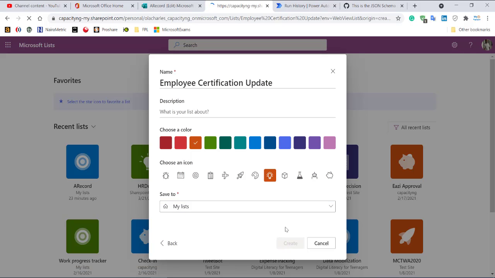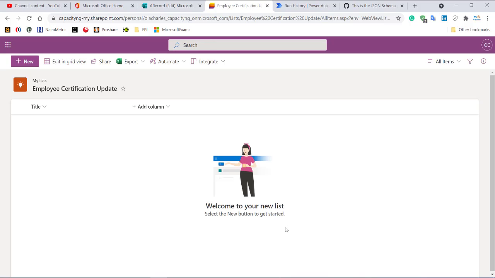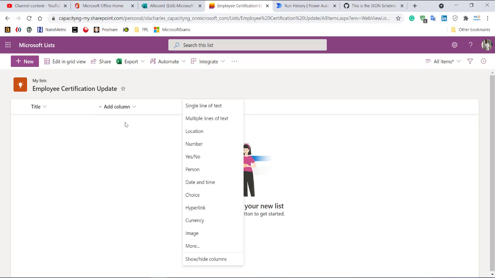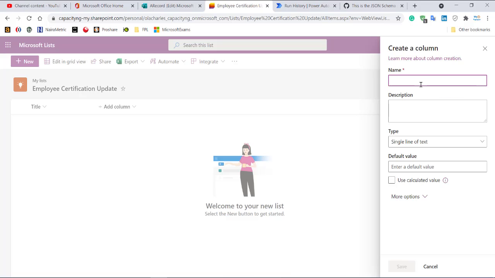Employee certification update. That is the list, which is the backend. And now I have to add my questions. Just this is title, which is the same thing as my ID. Here I'm going to create employee